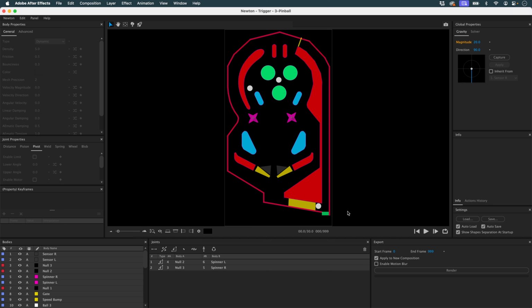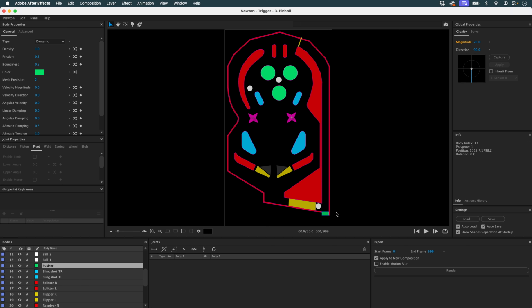And now let's take a look at my Triggermatic. So my first Triggermatic is my pusher, the object that's going to push my marbles. So I'm going to put it in Triggermatic. It has an animation that's predefined in After Effects. So every time a marble comes into contact with it, it's going to trigger its animation.